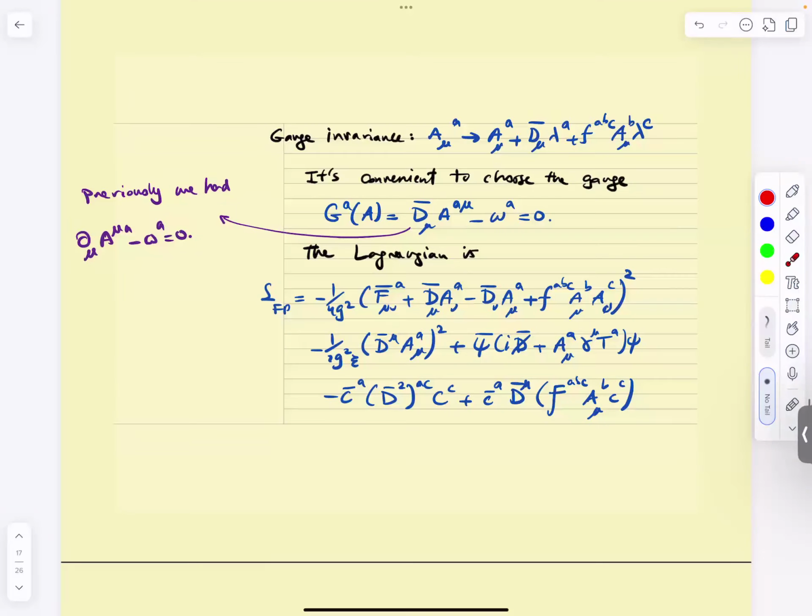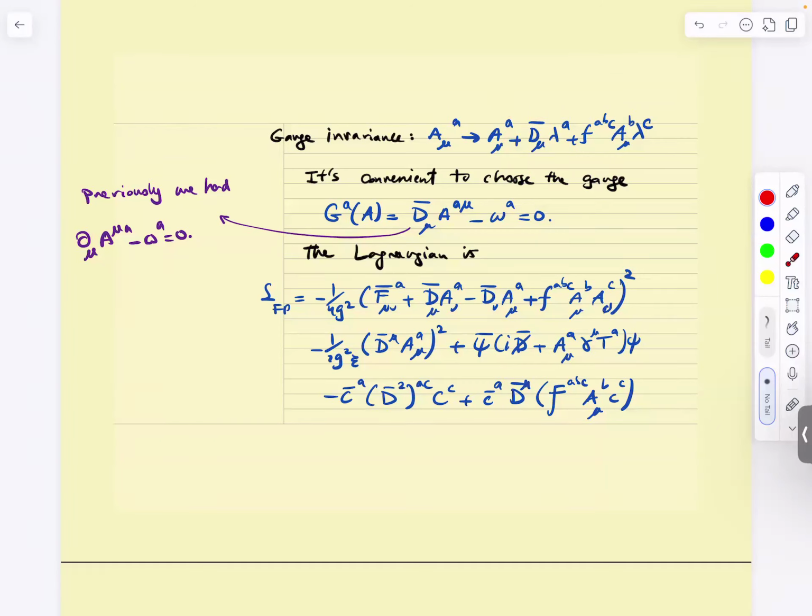All right. So now we have the gauge invariance. Under gauge transformation, the fluctuation transforms in the following way, right? The fluctuation will transform with the covariant derivative, which I can write this way. So it's convenient to choose a gauge